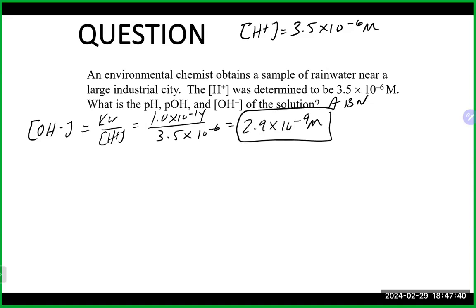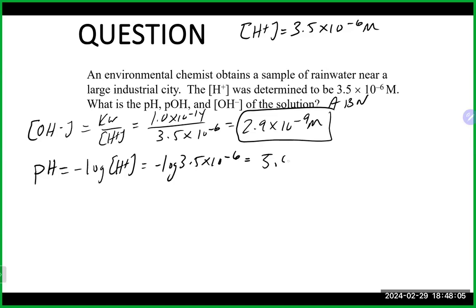Now at this point, I'm just going to go into the pH equation, and that's going to give me pH is equal to minus the log of the H plus, which will give me minus the log of 3.5 times 10 to the minus 6, making sure I'm using my exponent button. And that's going to give me a 5.46